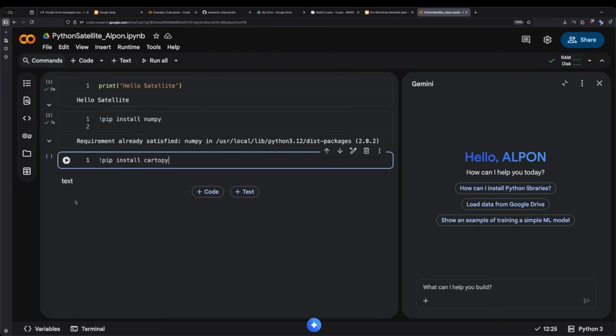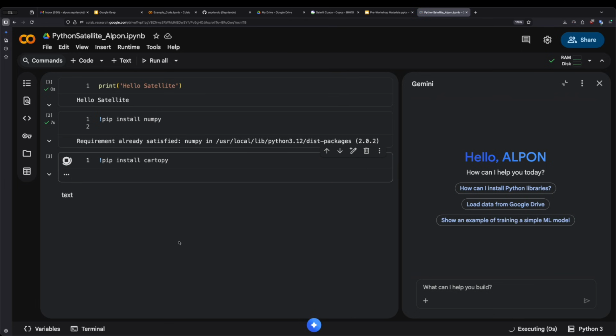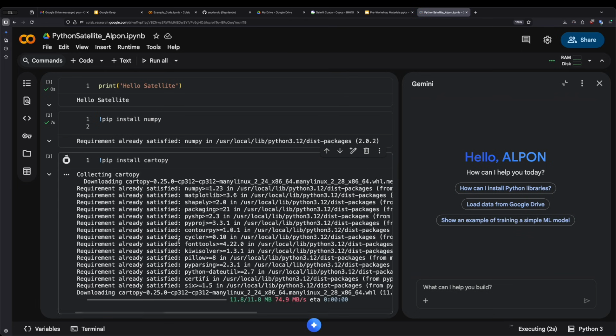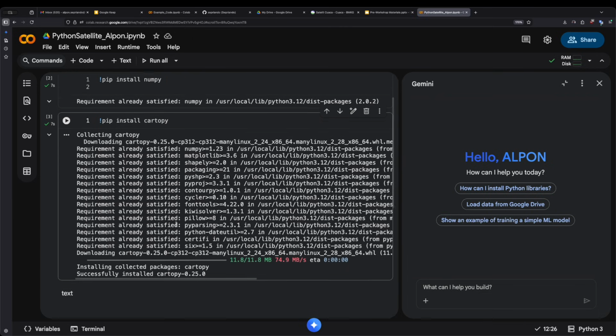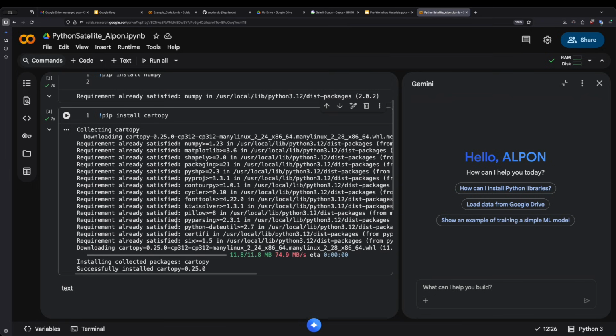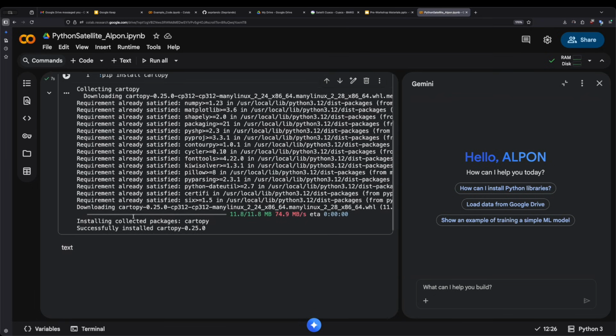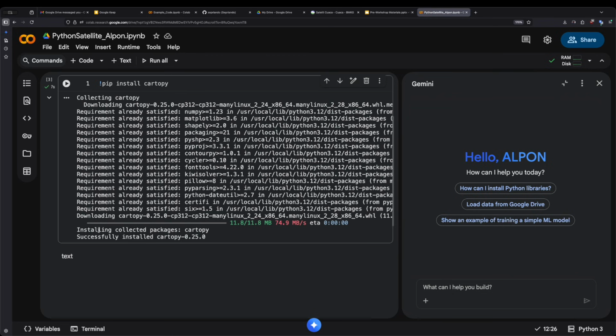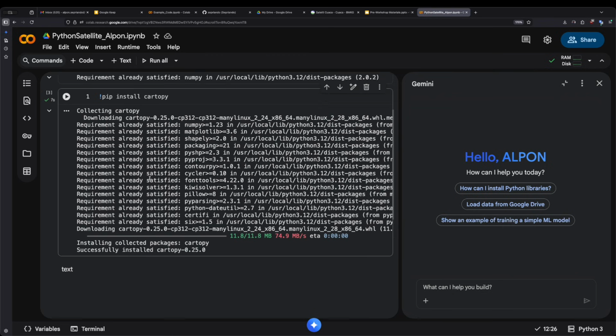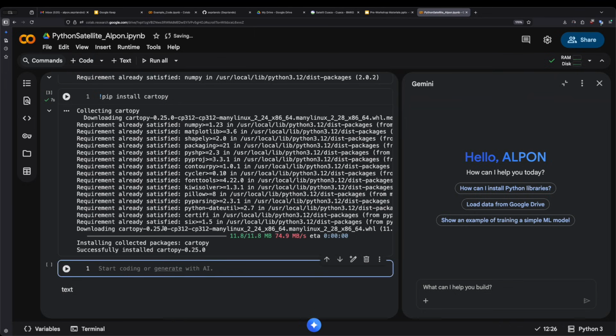CartoPy is a Python library for making maps and plotting geospatial data. Then run the cell, it might take a moment depending on your connection. In this case, it installed successfully. So we can call the package using import cartopy.